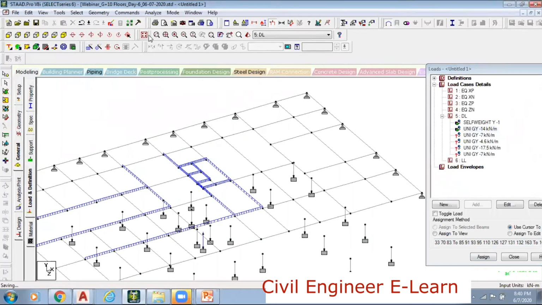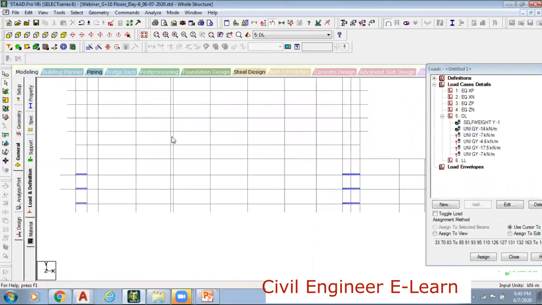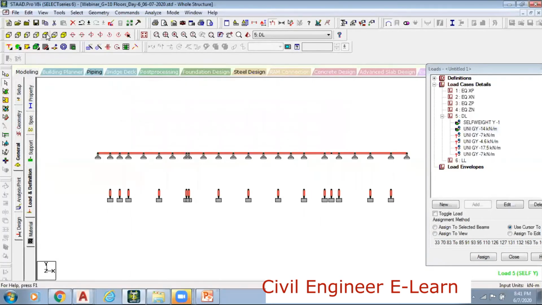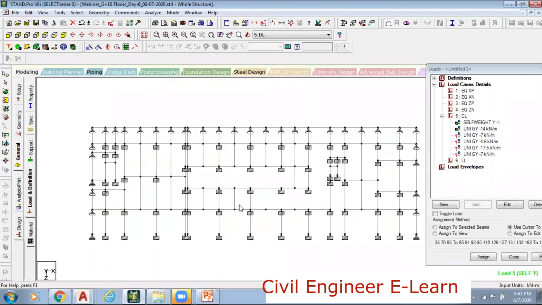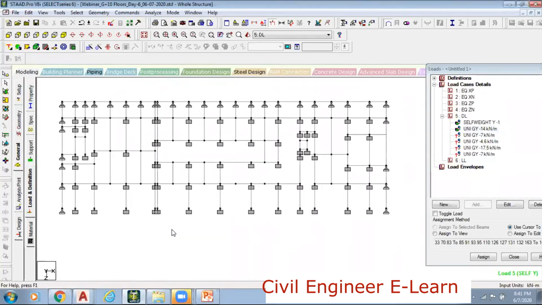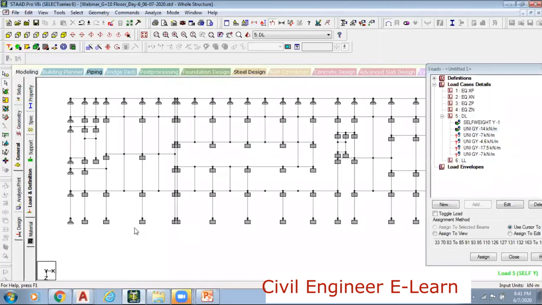I'll go to this whole structure again, I'll go to whole front view, I'll go to this ground level here. I'll select all these bottommost columns, all to VV, I'll go to this plan view. Yes.